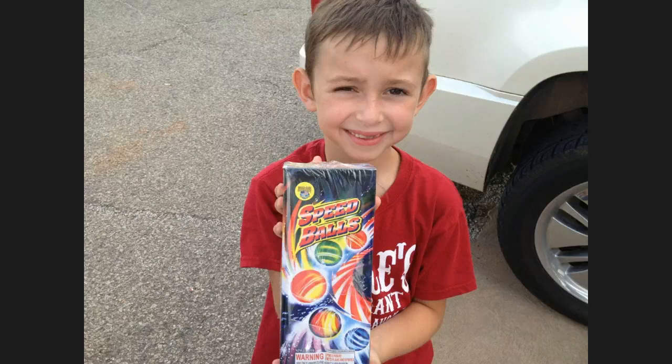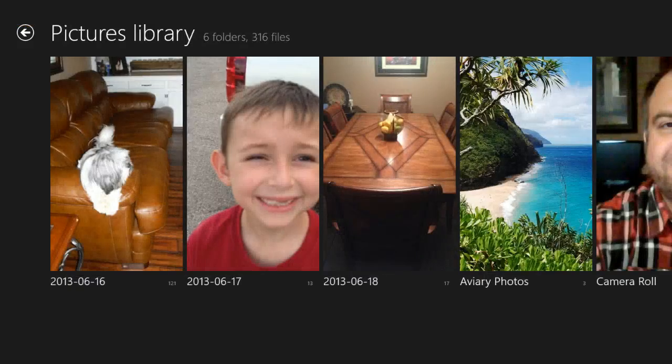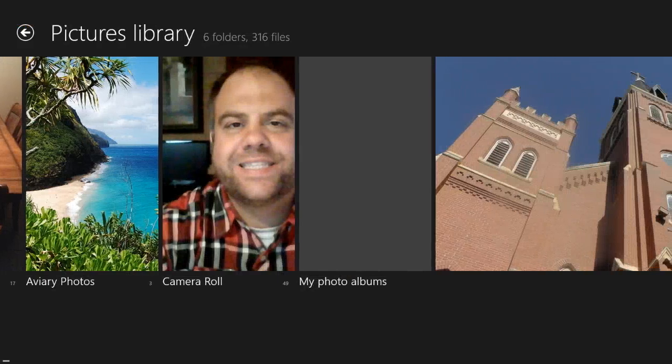I could spend 3 or 4 minutes talking about speedballs, which are basically these little things that you light and they just zip up in the air. They go zoo. They're kind of like the old chasers that you used to have back in the day, because you can wait until it burns down and you can throw them and they zip everywhere. You never know where they're going to go. So they're fun. Fun for kids, fireworks safety, all that stuff. But I could talk about that. I could talk about anything in a picture and make an entire video out of it, make an entire content out of it. And let's go through some more ideas.